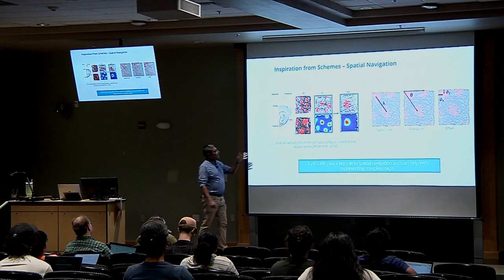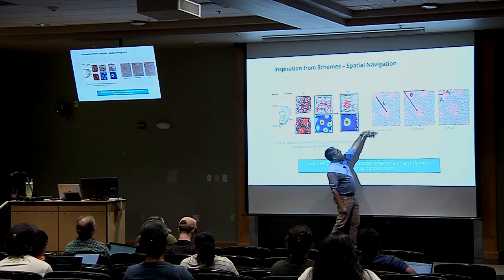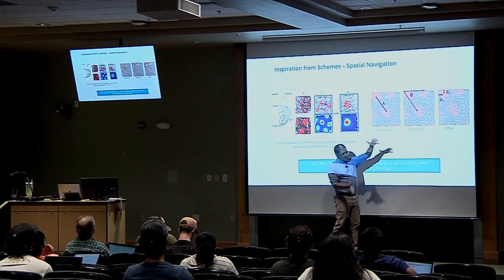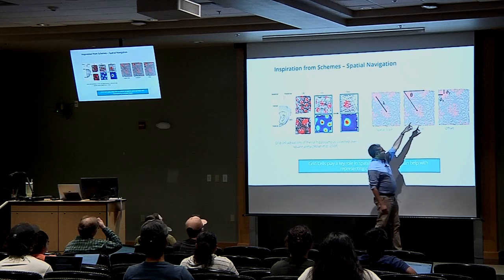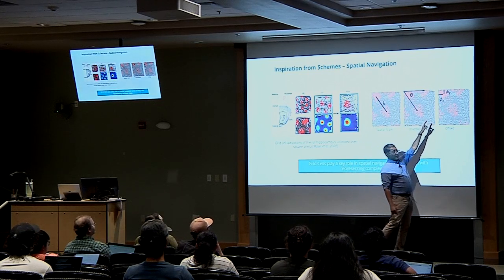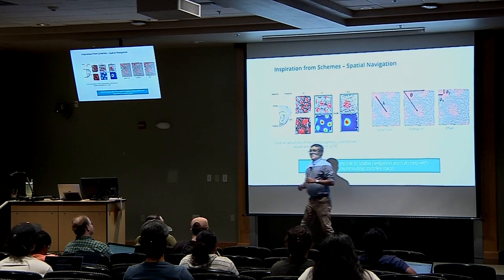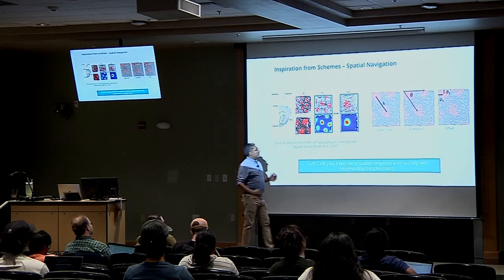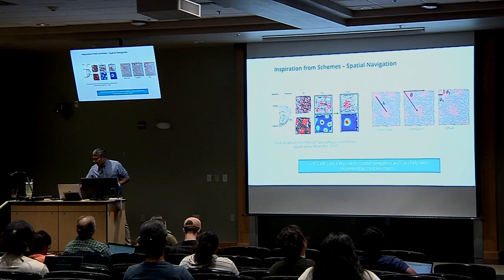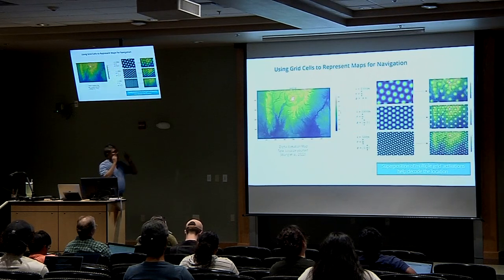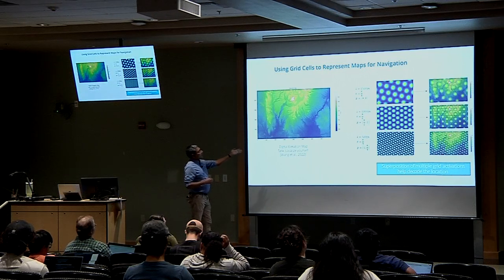You can capture these various grid patterns by a few different values. What's the spacing between these grids? How is this grid oriented in terms of an angle? And if you have no grid, what is the offset there? So there's 4 different values. You can uniquely describe a grid. And so we use that information to solve a spatial navigation task. This is a digital elevation map, the area around Albuquerque, actually.